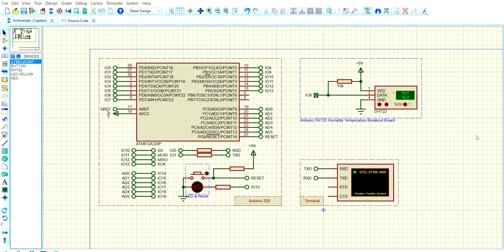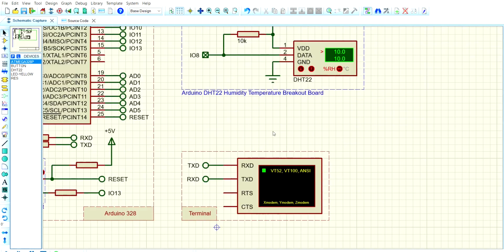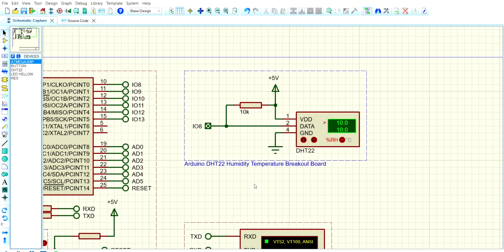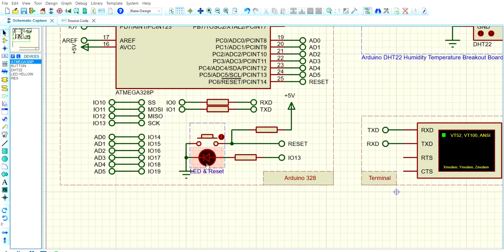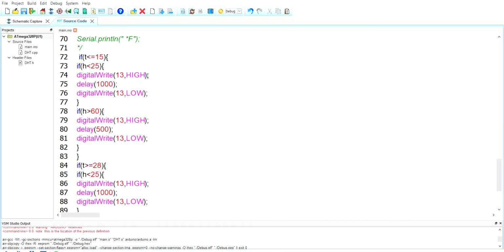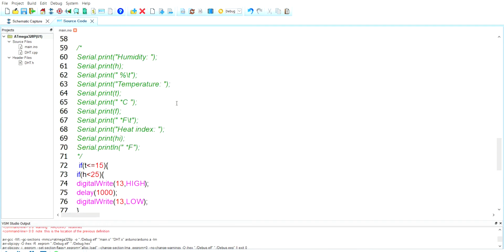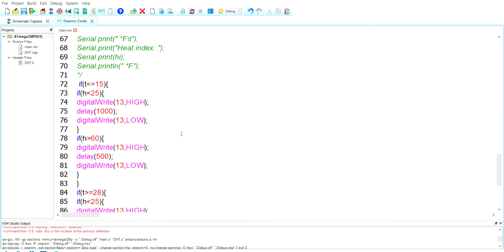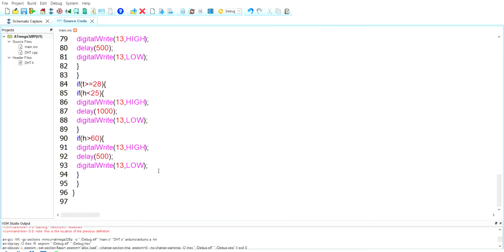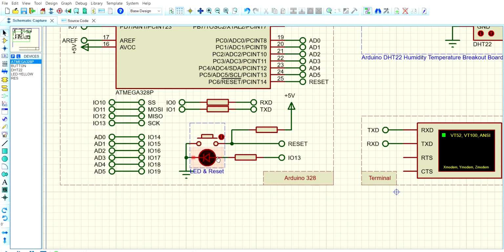Over here is the Arduino DHT22 humidity and temperature sensor project on the Proteus 8 simulation software. The project that can be seen over here has this humidity and temperature sensor, and for the output has this LED over here. The source code for this project was written over here as shown. The values for humidity and temperature were taken from the sensor, and then the required instructions were written through the code to obtain the desired output through the LED as shown over here.